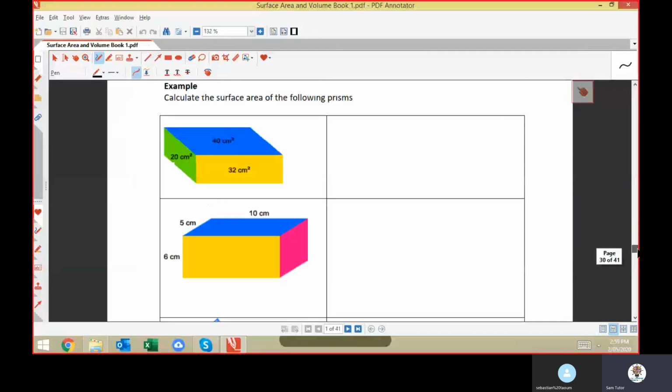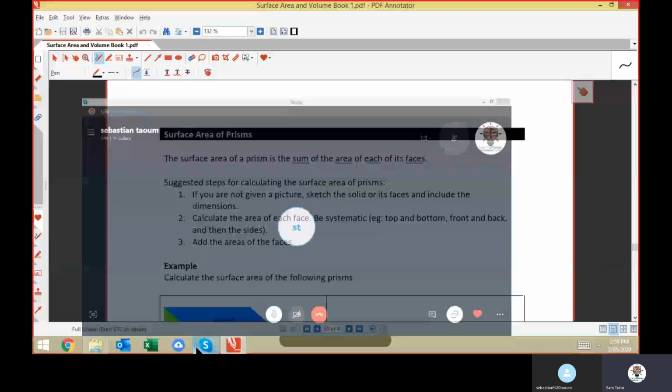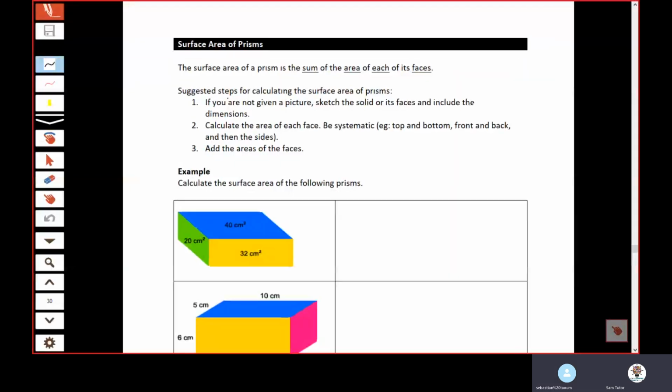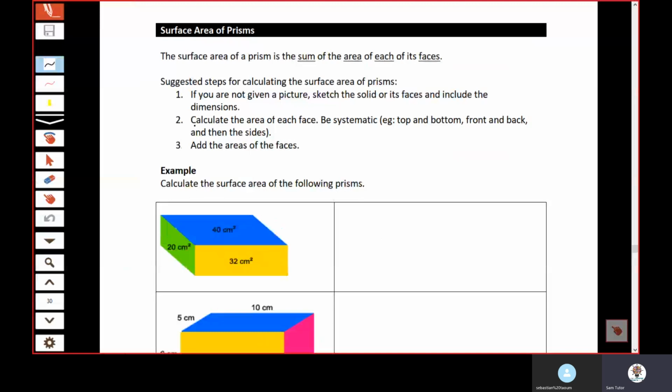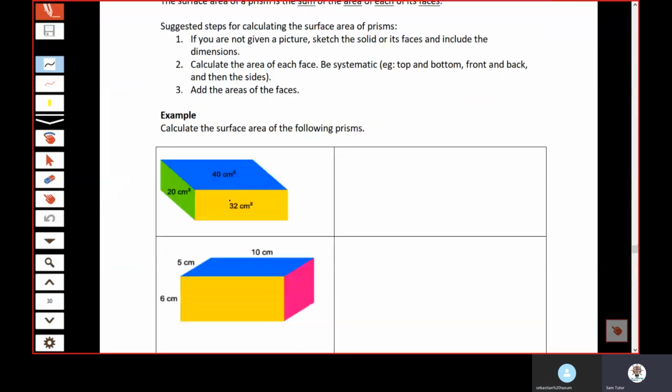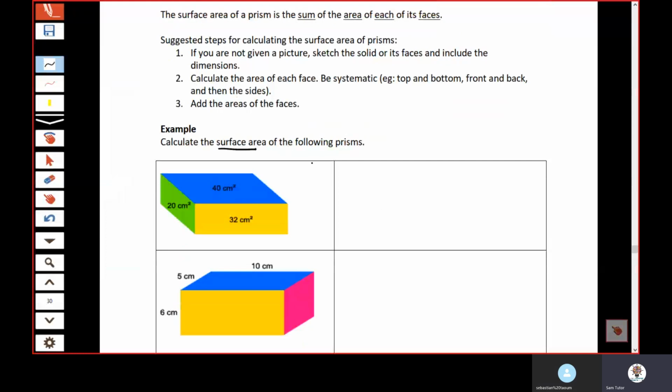So surface area. Still recording, right? Yep. Surface area. It's pretty straightforward if you know area really well. Your surface area is just the sum of the area of each of its faces. So if you have this particular shape, all you're trying to do to find the surface area is